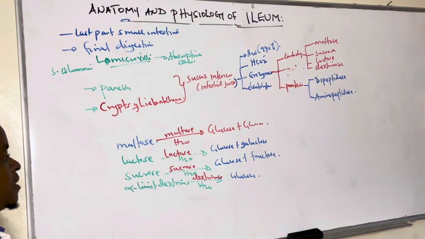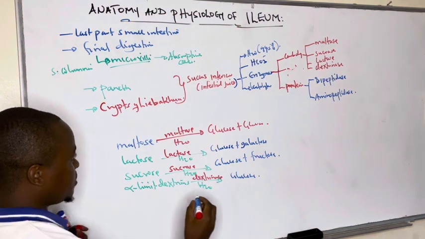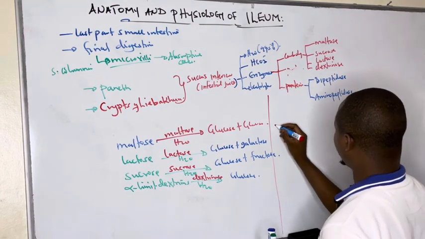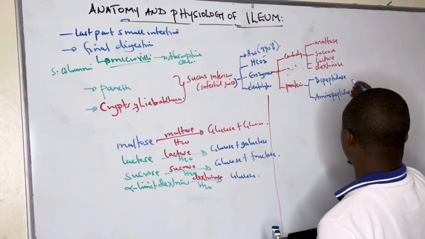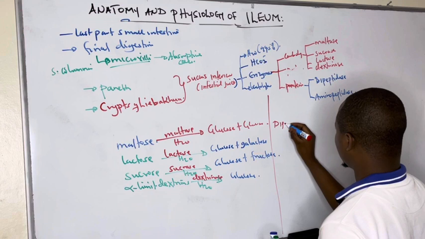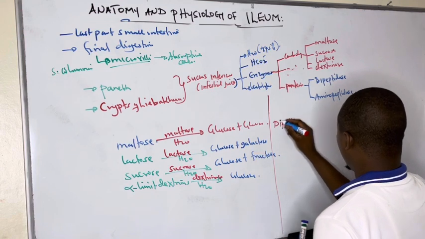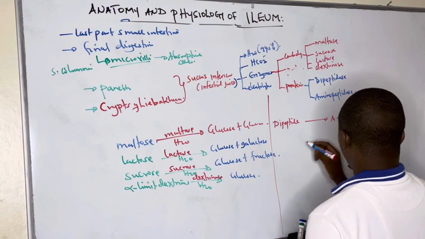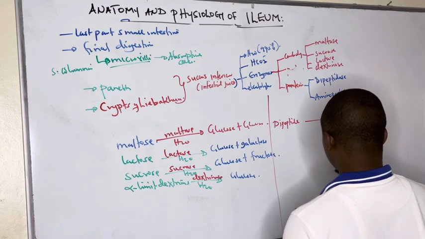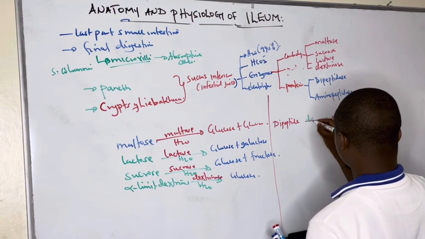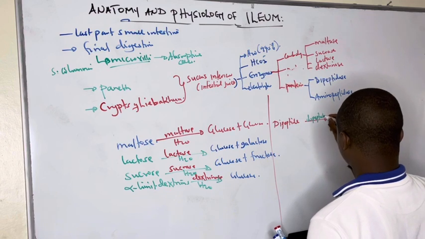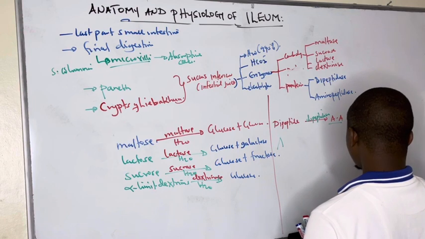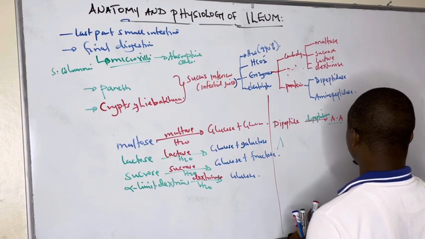Whereas for proteins, we see dipeptidase works on the dipeptides to form amino acids. This is by dipeptidase. Then these amino acids which are formed, the aminopeptidase for them,